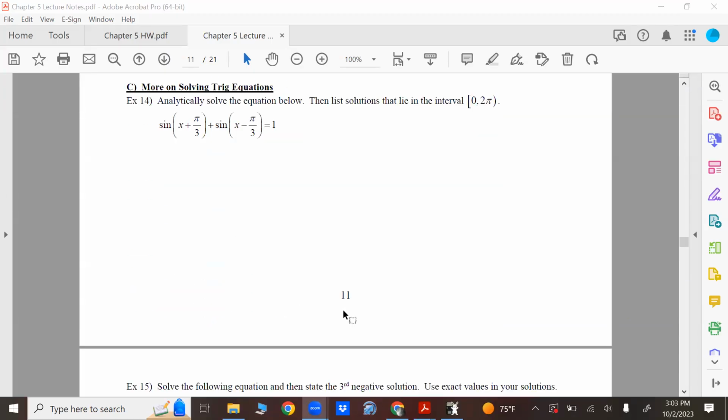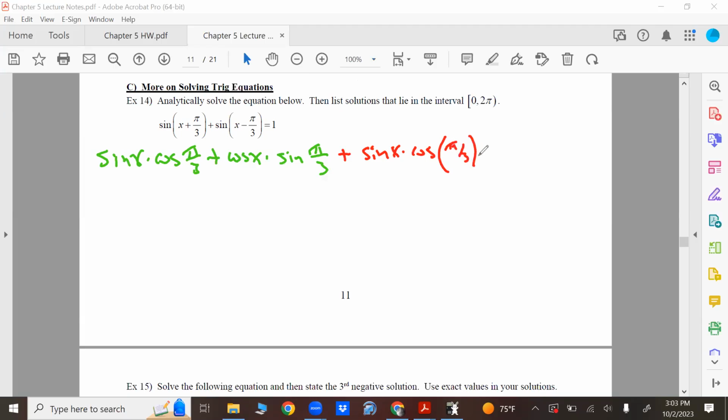All right. So we're just gonna solve this, right? You're just gonna do the identities we've been doing all along. Sine x times cosine pi over 3 plus cos x times sine of pi over 3. Now I'm going to color code. Sine x times cosine of pi over 3. Sorry, my bad. But minus cos x